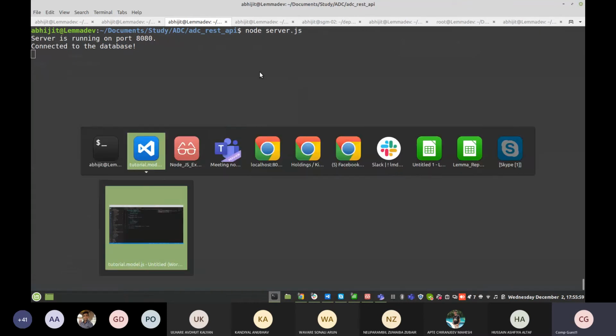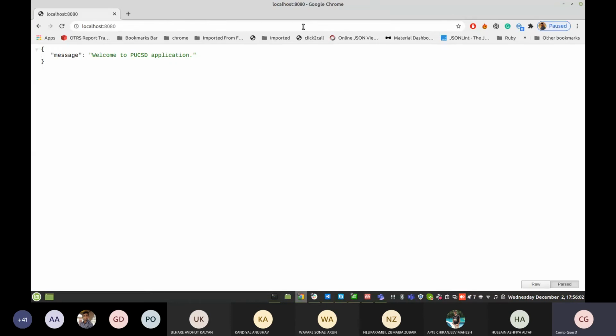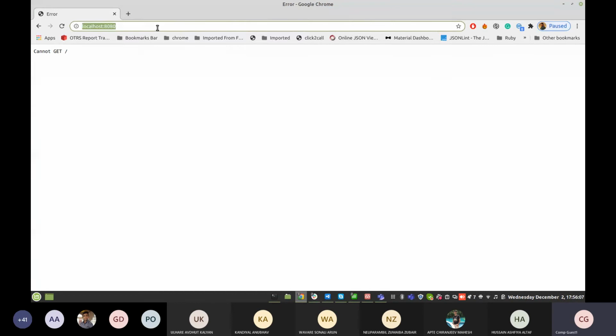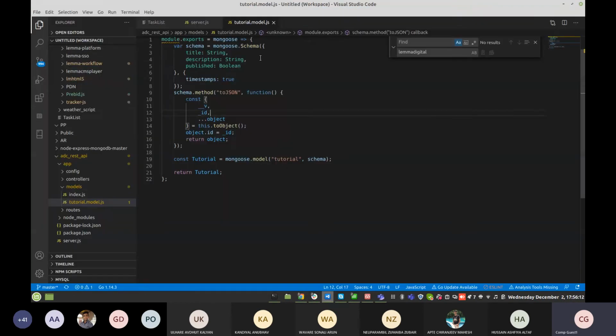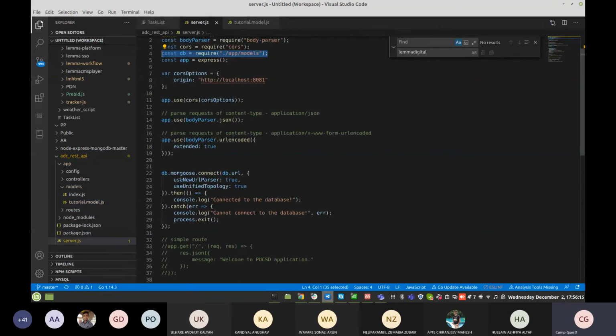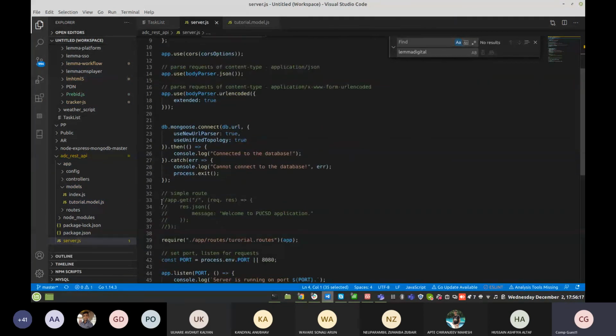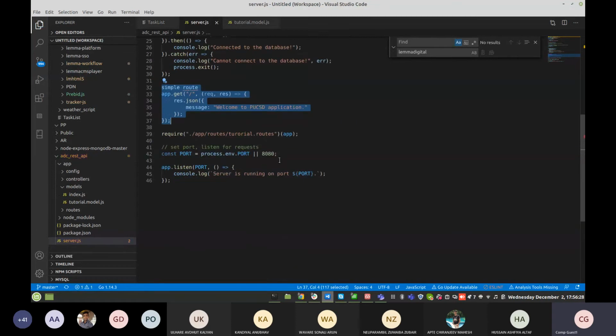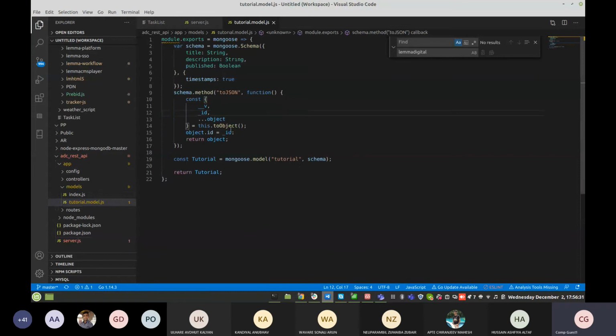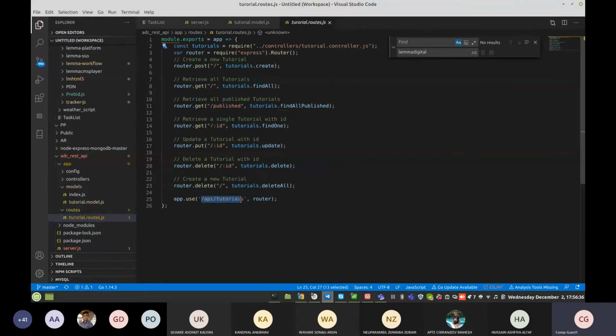So now all our steps are successful. Now we need to check the REST client. If you click here, you cannot get, so API/tutorial. Here is the default path that we have enabled again. Without this you cannot see the message, but if you want to see all the tutorial documents, you need to access using the tutorial module, where we have specified API tutorials.